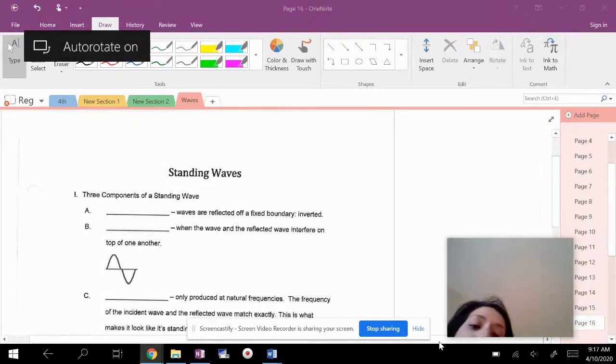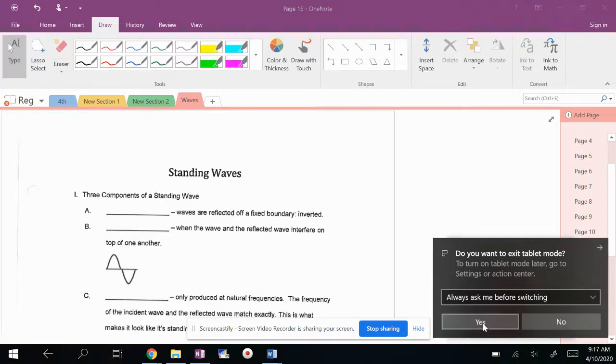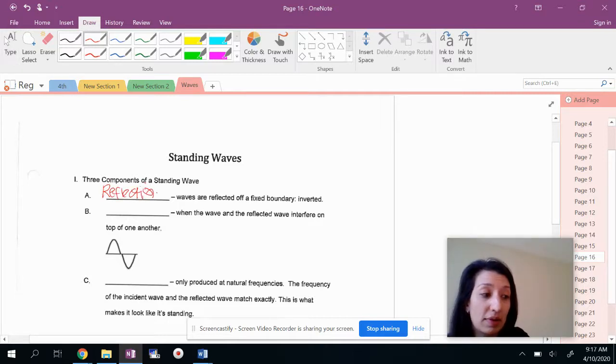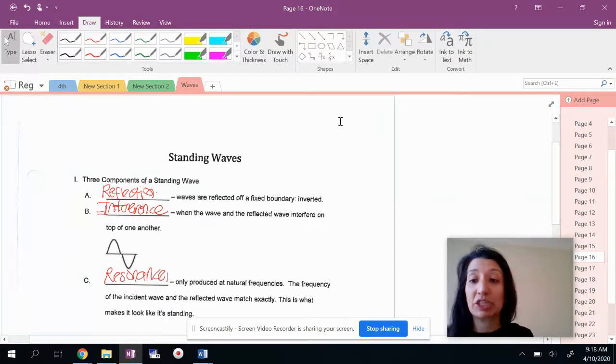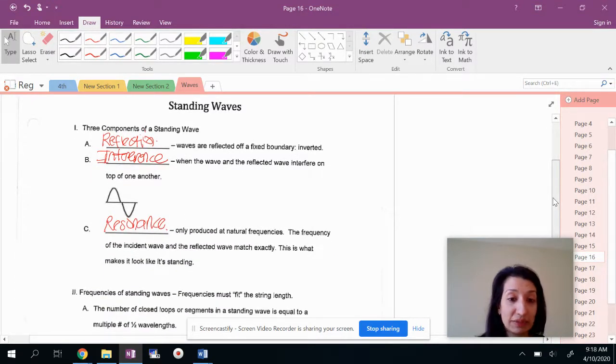So, standing waves require three components. Okay. And those three components are reflection, interference, and resonance. Okay. So these three things, we haven't really talked about in detail with you being home, but